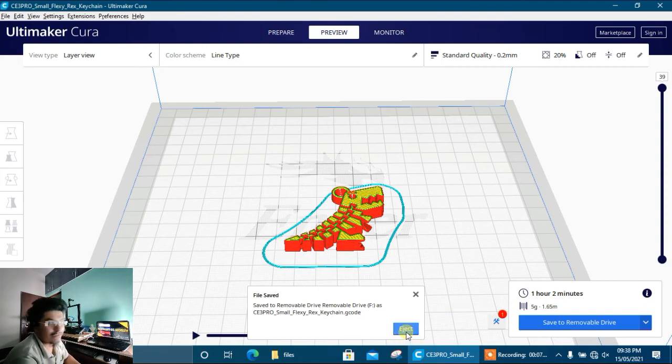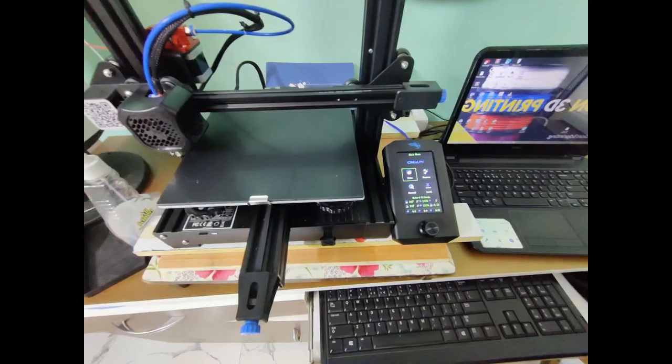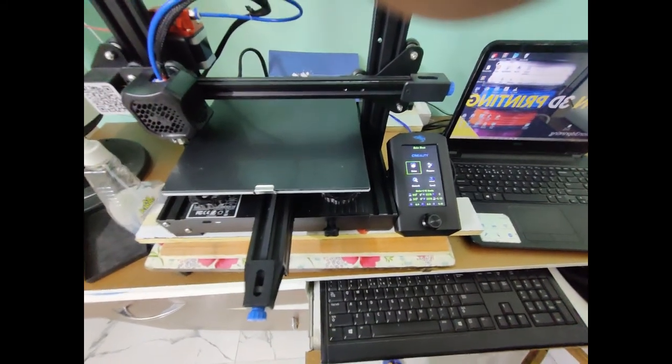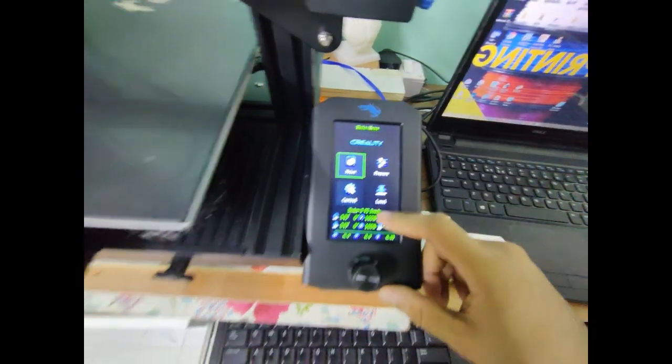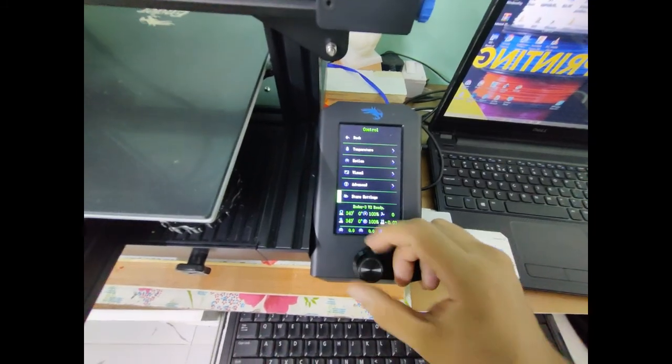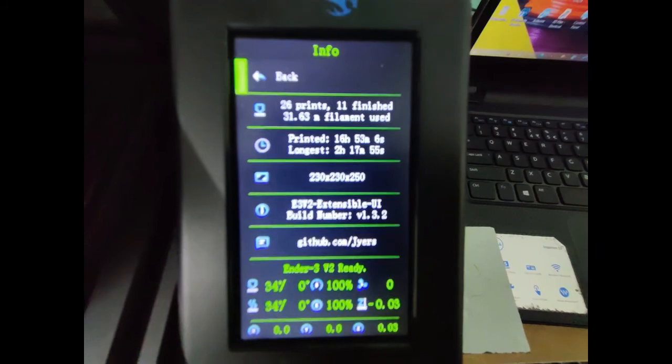I have saved the file to our SD card, and now we will load the SD card into the printer. Here you can see I have upgraded the firmware. I have upgraded to this firmware.